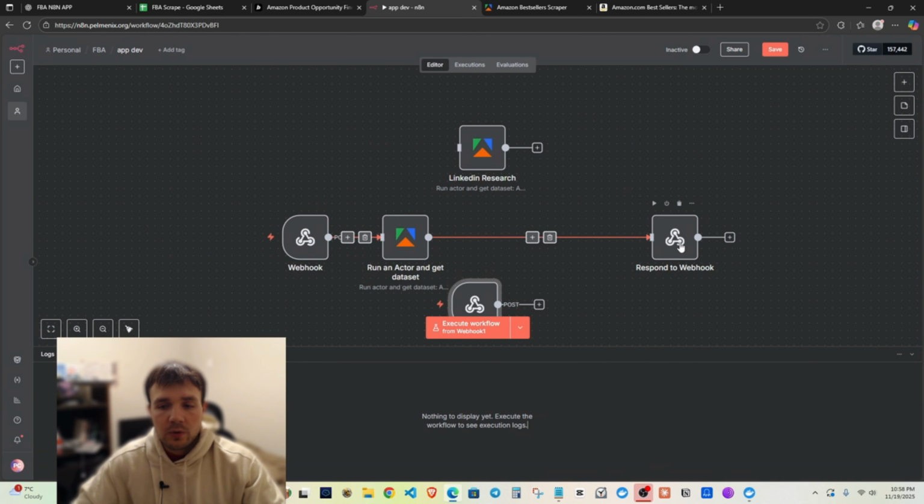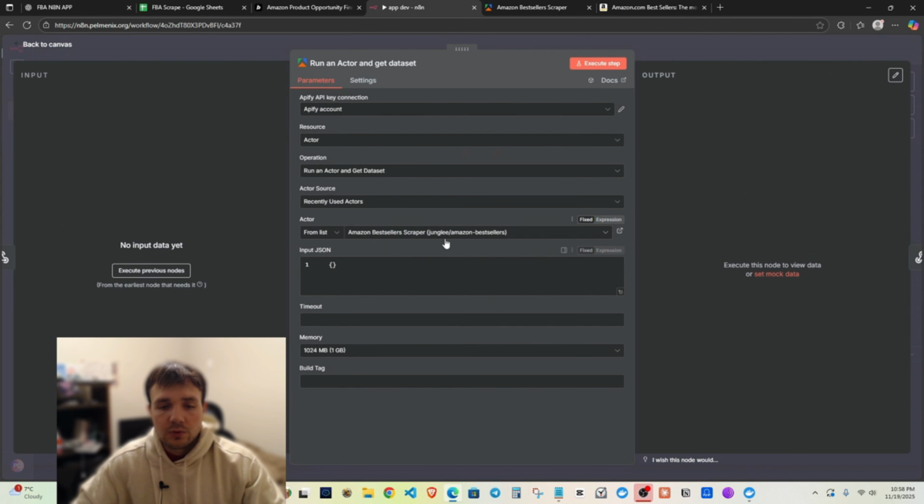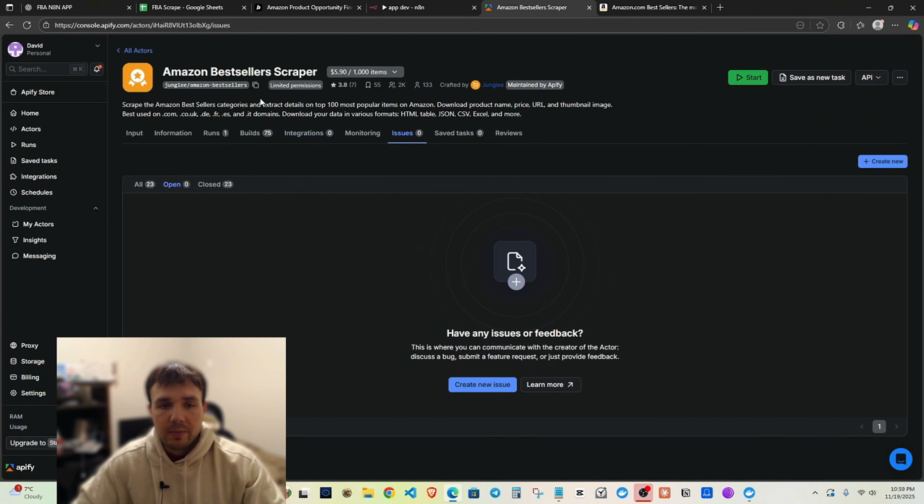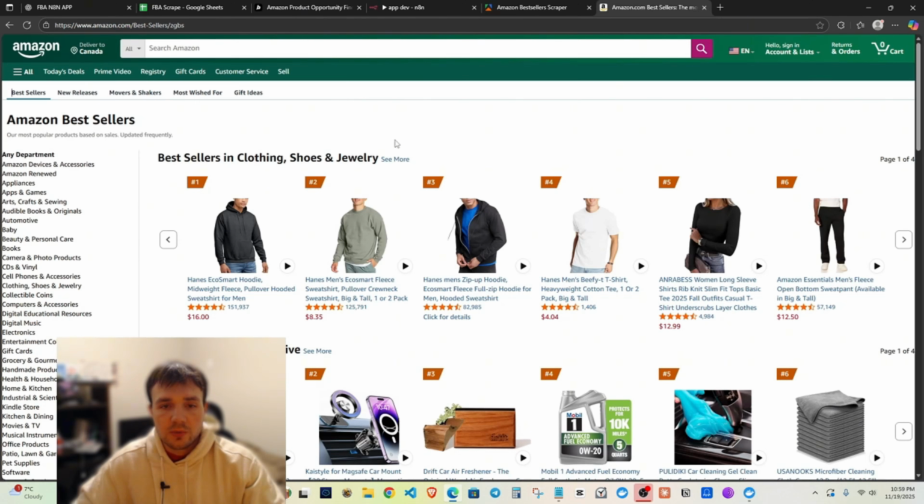And then from there, we're going to be using Apify to get the Amazon bestseller scraper. So using this method, which is on Apify, it's very simple. Apify is essentially an automation system, so best Amazon seller scraper. So on Apify, you can just get this, and what this is going to do is scrape bestseller categories. So when you go on Amazon,